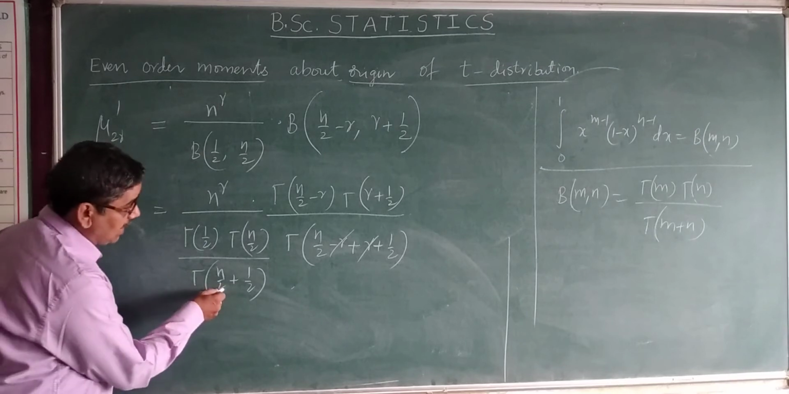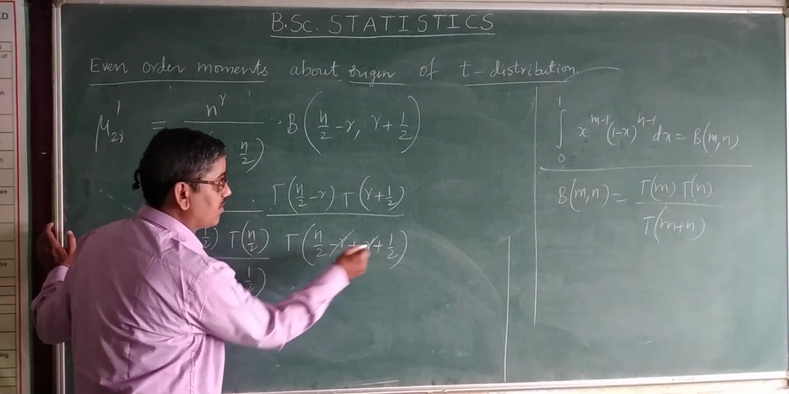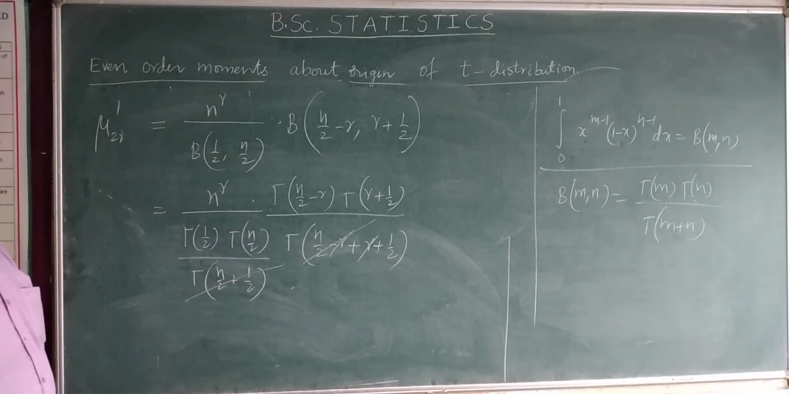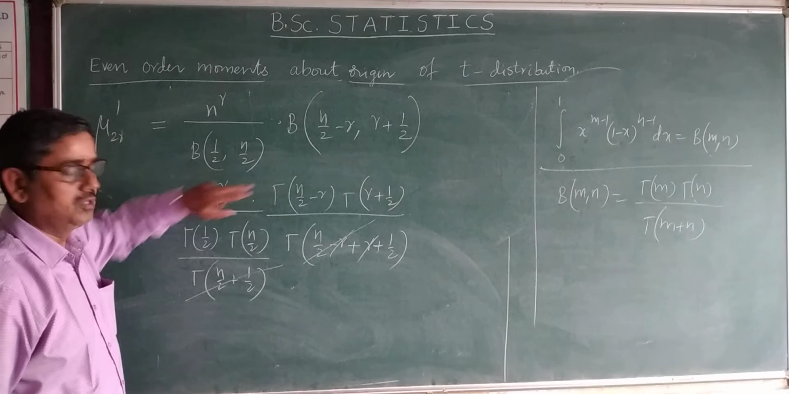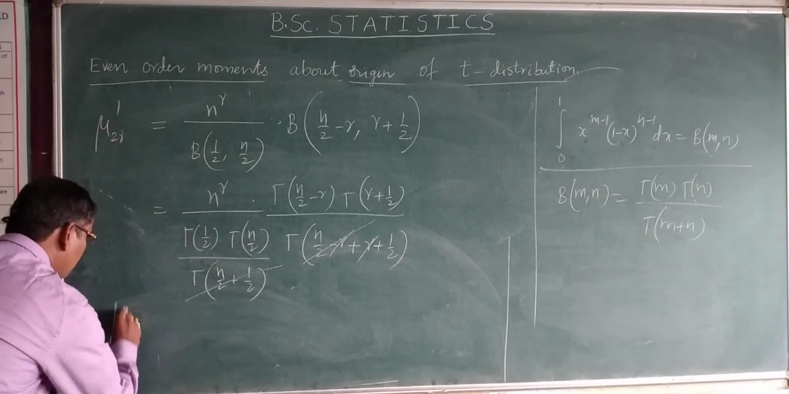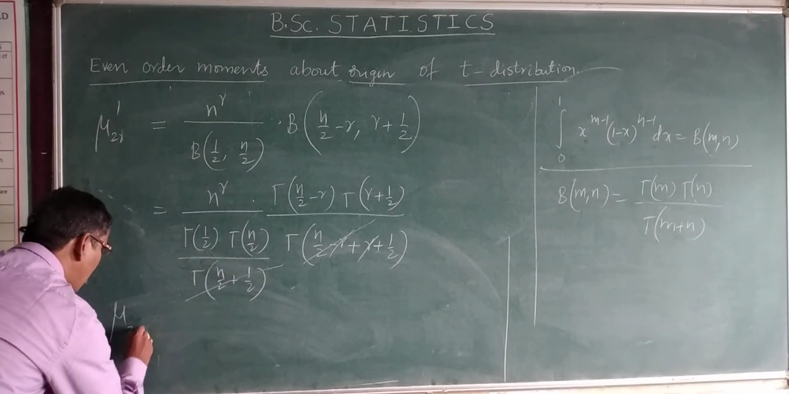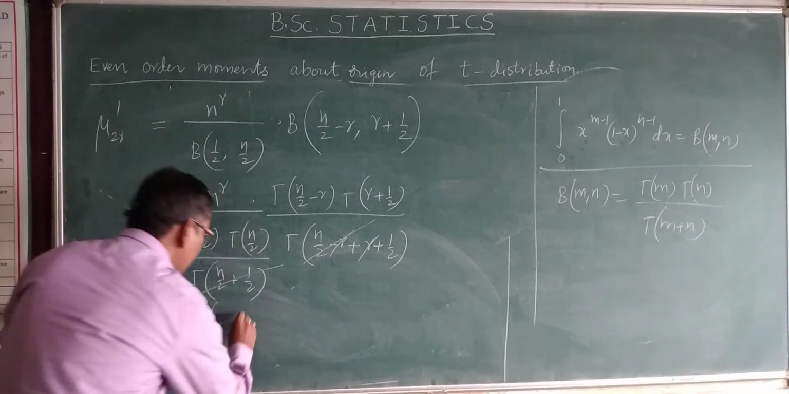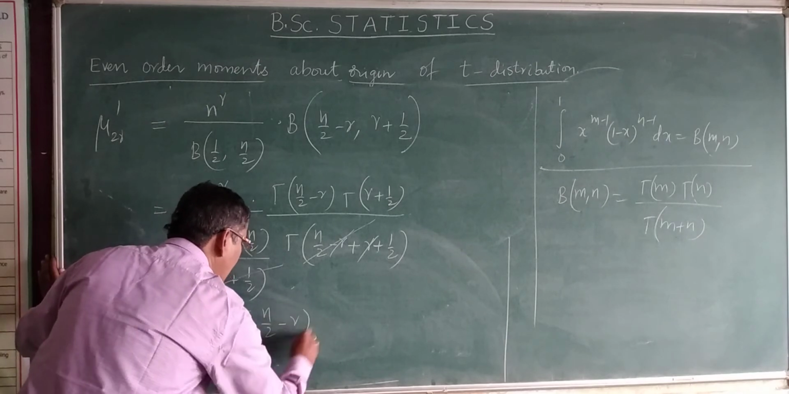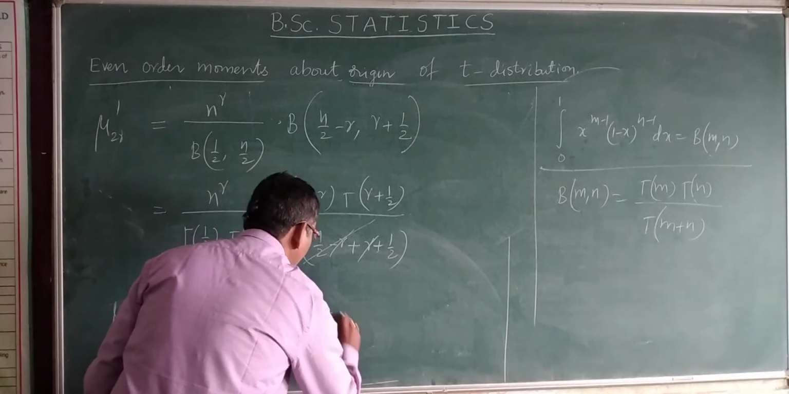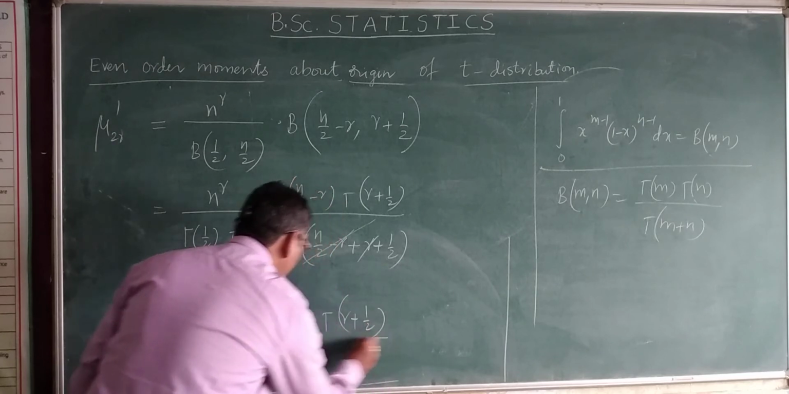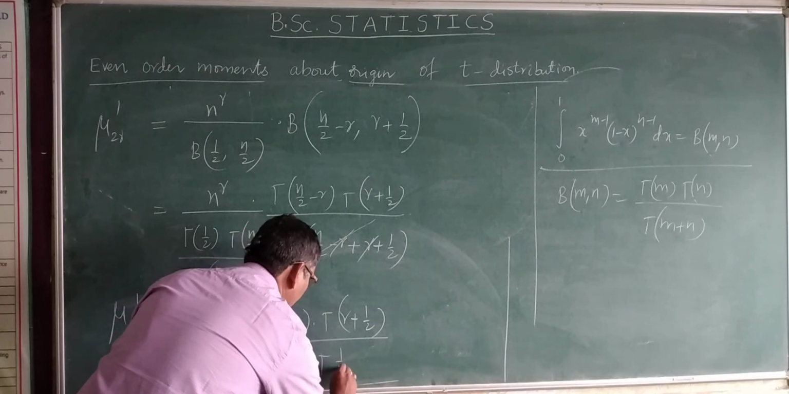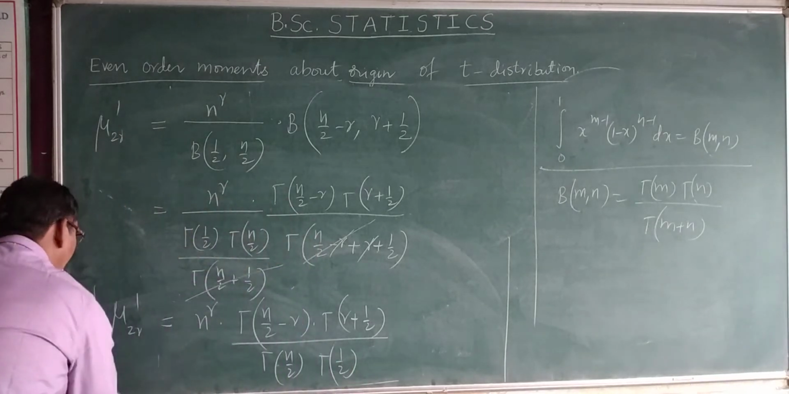Now we see this is gamma n by 2 plus 1 by 2, and this is also gamma n by 2 plus 1 by 2, so these get cancelled. What finally do you have? This is the value you have. Therefore, mu 2r dash is equivalent to n power r multiplied by gamma of n by 2 minus r multiplied by gamma of r plus 1 by 2, divided by gamma of n by 2 into gamma of 1 by 2. This is the value of the